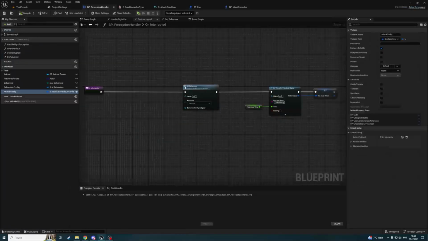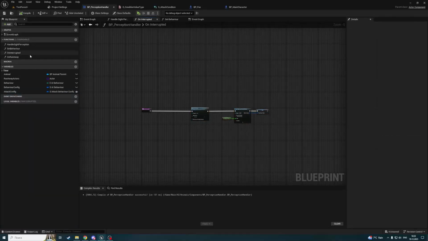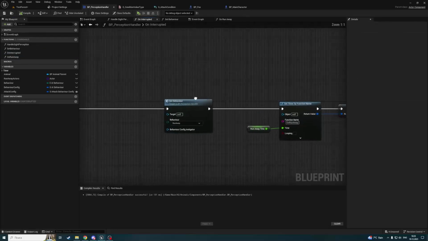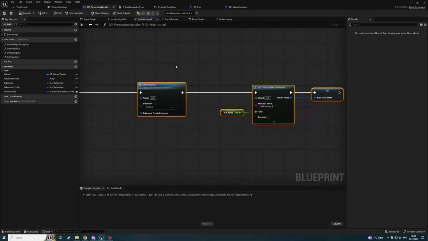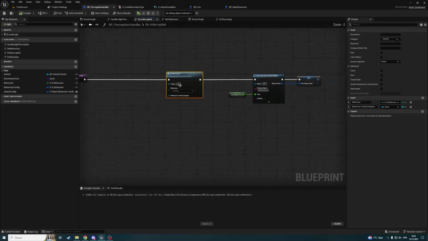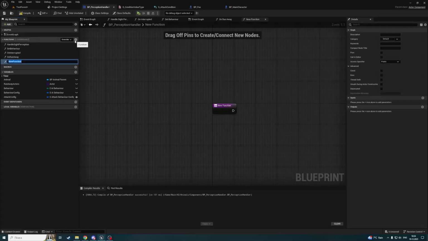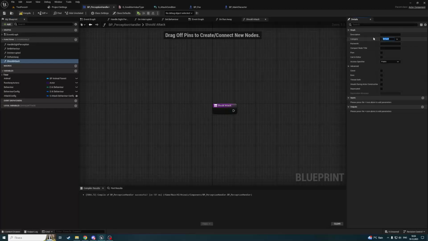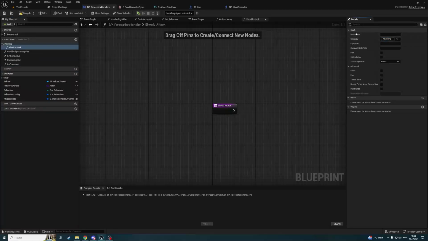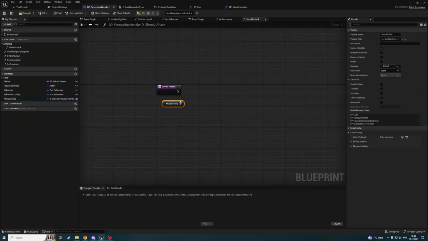Now let's add a logic for our perception handler. So let's open uninterrupted, and here we are setting a behavior to run away. But we should also check if we should attack and not run away. So let's create a new function and call it should attack, and let's add a category and call it attacking, because we'll have, I think, a lot of functions here. So here we're gonna get an attack config,